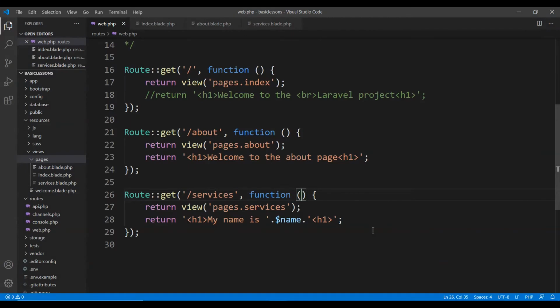So let us talk about controllers, as we have just discussed. Instead of having this function here in your route file, you may wish to organize your route file and not have a lot of code in your web.php, which is your default route file. And then we're going to learn about